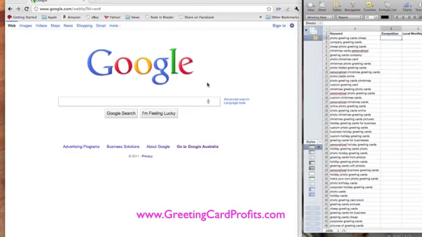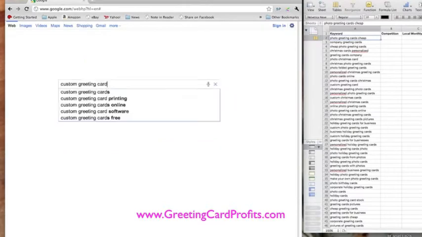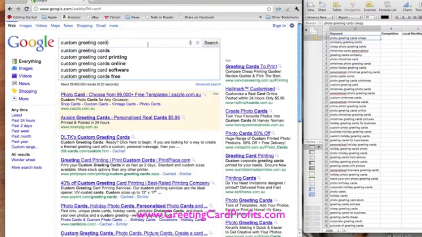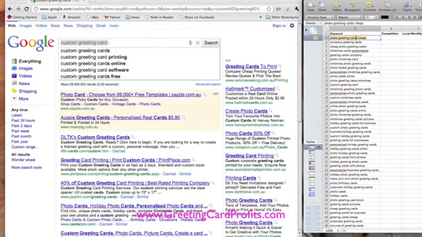So let me just jump straight into it. There are two ways we can do this. There's this way, which is the manual way of getting this information, and I'll show you another way using a piece of software that I use all the time now in building my online businesses. So simply copy the keyword, then we go over to Google and I'll paste it in here. Actually, I'll do that again. It didn't quite work. I'll copy that, and